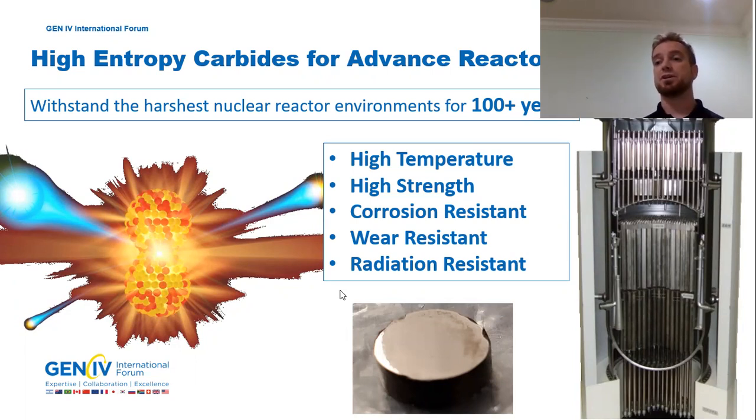Following the initial characterization, the thermal and mechanical properties of these new materials have been measured through thermal diffusivity and indentation hardness testing. To determine the irradiation performance of these materials, they are being irradiated via heavy ion bombardment. Several samples are being irradiated up to nearly 100 displacements per atom to determine their responses across a wide range